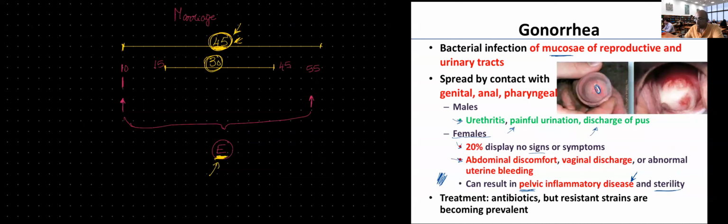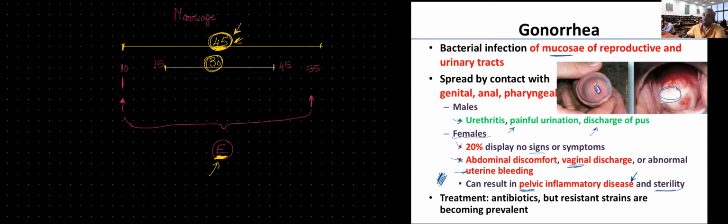For those who will develop symptoms, usually symptoms are going to be in the form of abdominal discomfort, vaginal discharge similar to the ones that we've seen in males, pus, abnormal uterine bleeding, usually reported as irregular menses. So when a female gets an infection, she goes to the gynecologist thinking that the blood she is seeing is the menstrual blood flow. But most likely it's going to be due to the infection.